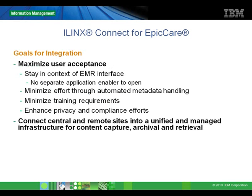There are really two main goals that ImageSource was challenged with. First, we needed to maximize user acceptance. Hospitals spend an enormous amount of time training staff on their EMR system. Training the staff on an ECM system needed to be done in the most efficient way possible with minimal impact